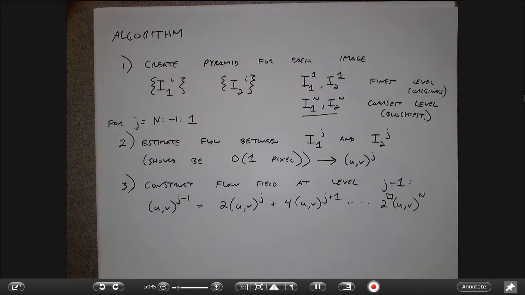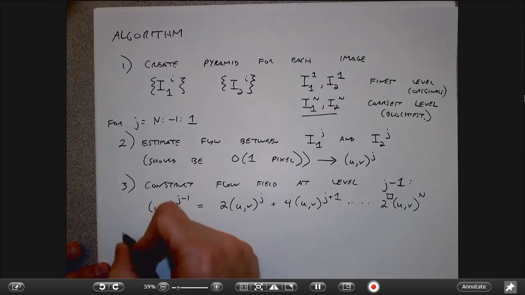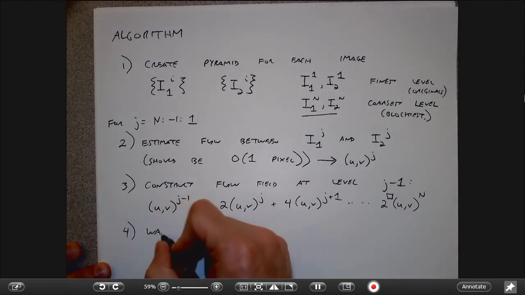So basically that's like saying that to build up where I should be at the next level, I have to concatenate all the flow fields that I had below me, and I have to multiply those by the corresponding power of 2, because these images are all proportionally smaller by a power of 2, okay? And then I'm going to warp